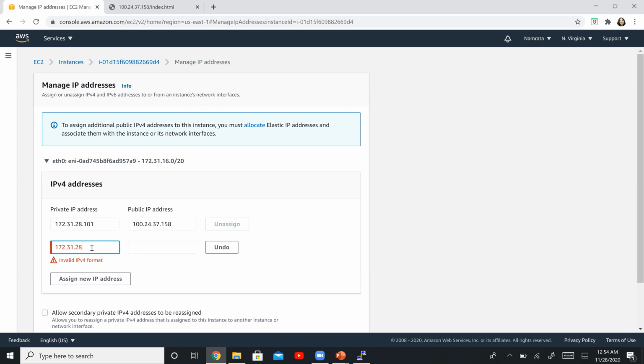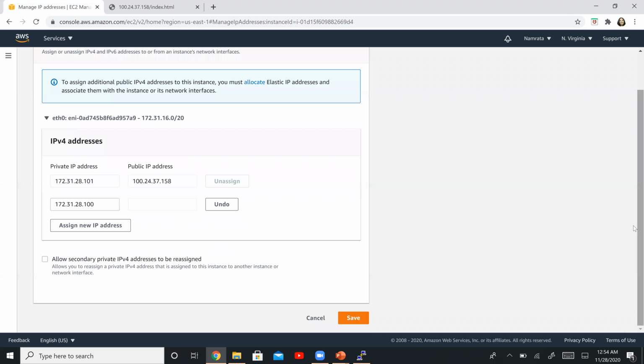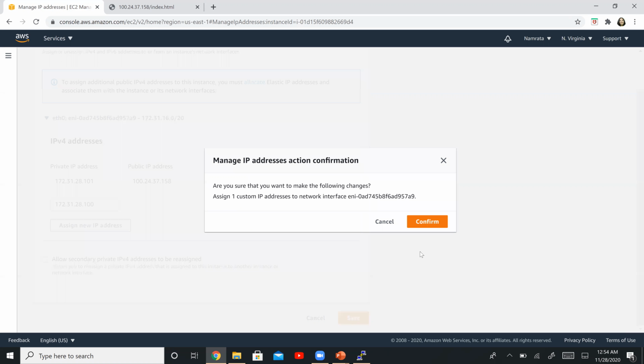Now we have 101, so we are going to call this 100. Okay, so we will have two IP addresses, 100 and 101. Those are the last three characters of the IP address. So you can see right here, right? There you go. So click on save. Confirm.